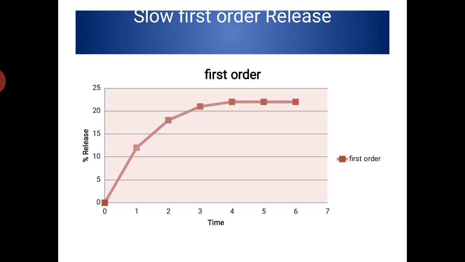If the released drug is absorbed, initially a higher amount will be absorbed into the systemic circulation, and later on only a slow amount of drug will be absorbed. That means there is a possibility for fluctuations in the plasma drug concentration to occur. So that is the reason this slow first order release is inferior to our slow zero order release pattern.